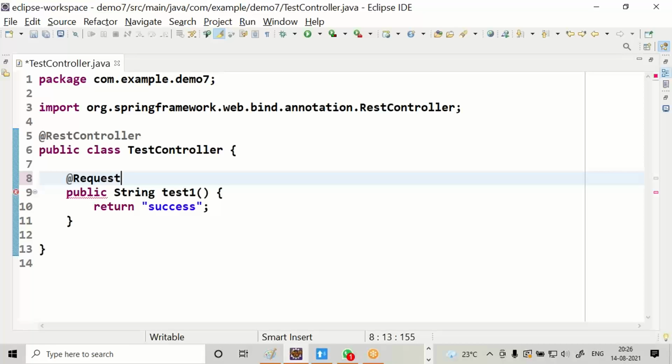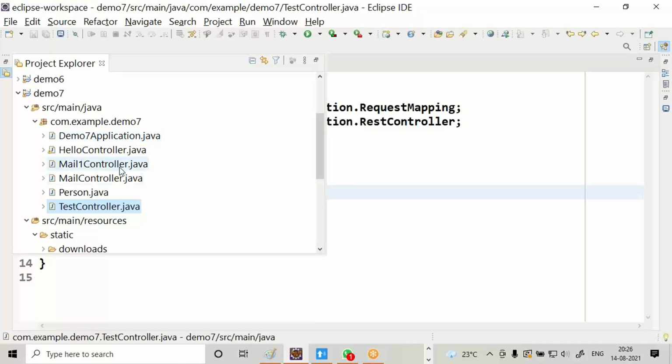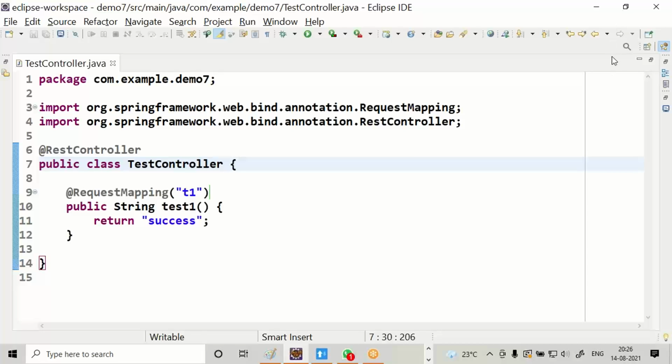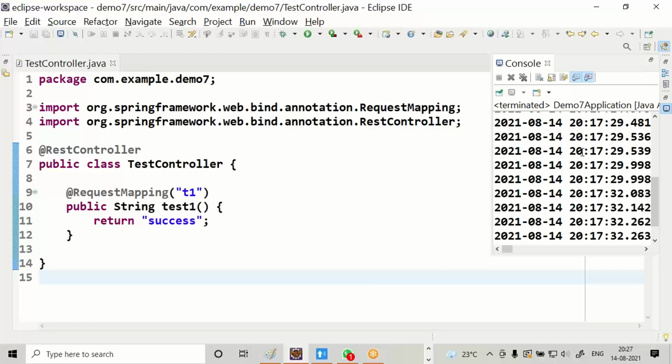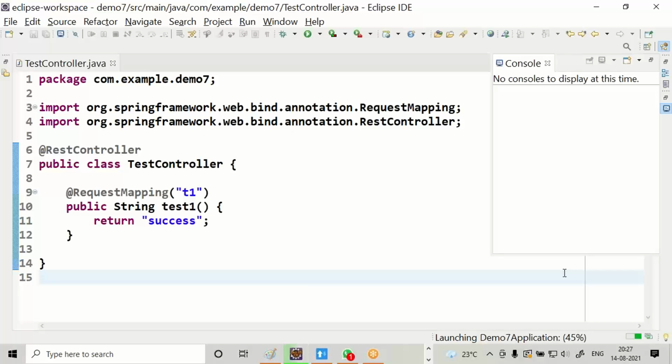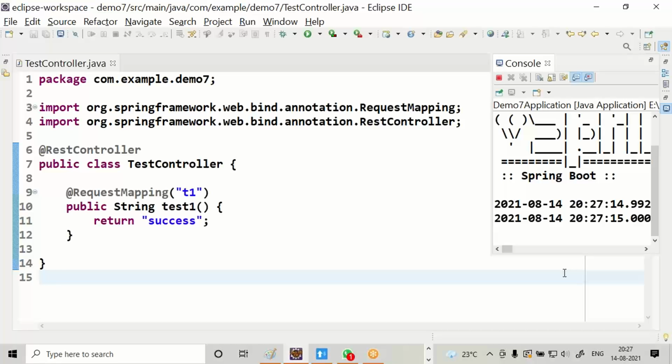So till now we are using request mapping. You can go for T1. Restart the application.